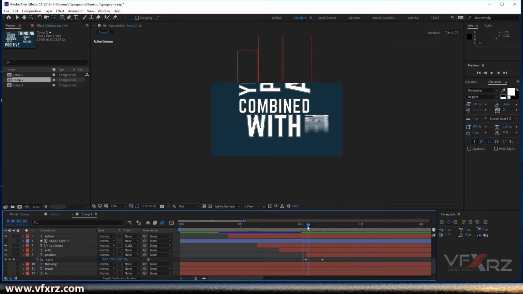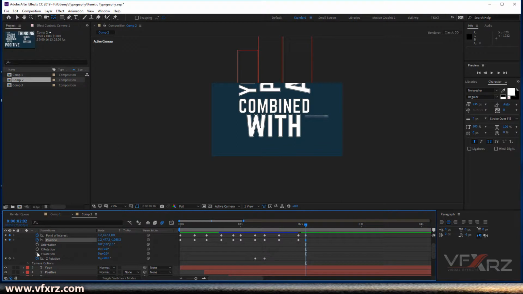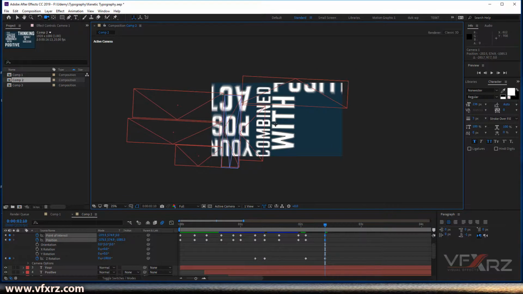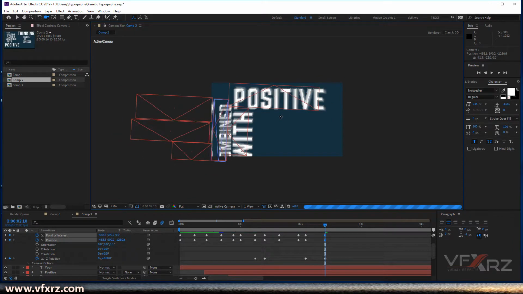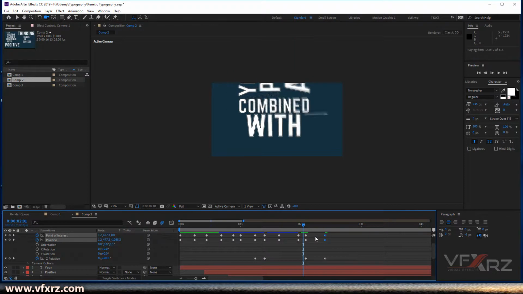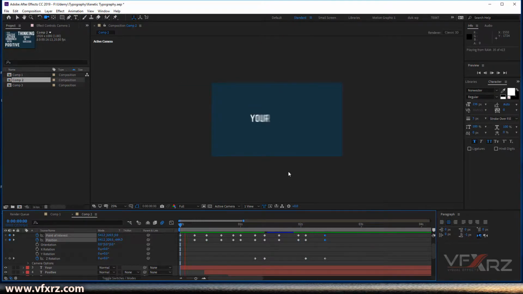Now when we play that, let's start from here. Okay, now from here again add a keyframe for this point of interest and this Z axis, from here to here. Change this to 180. Click on this camera tool, change this to here. Now when we play that, it's really cool. Again, if we start from first,